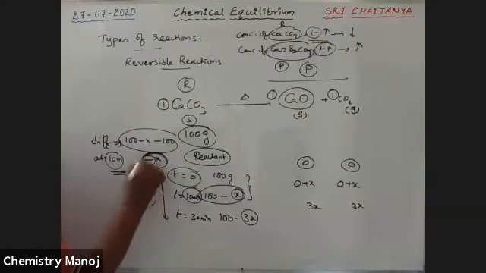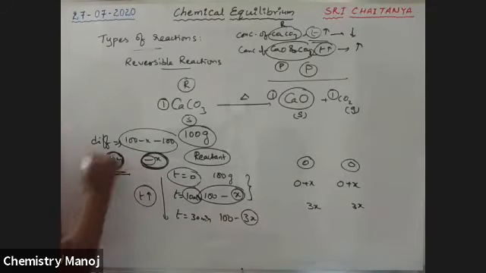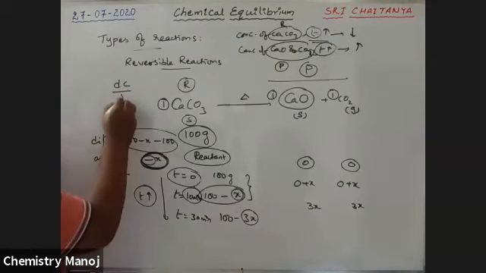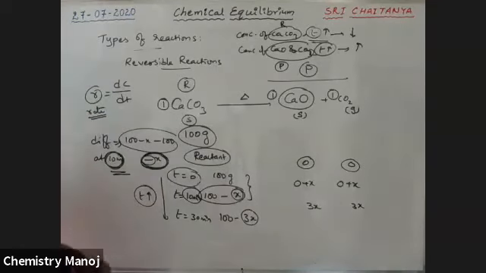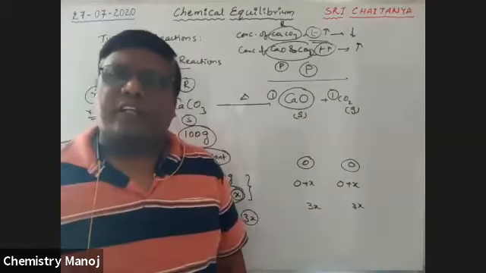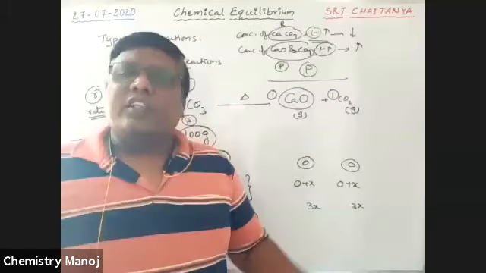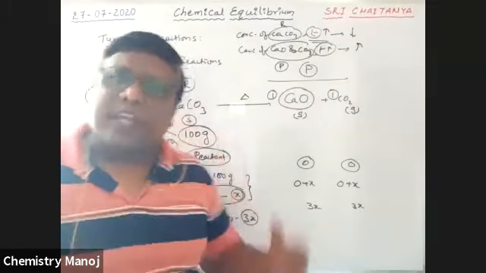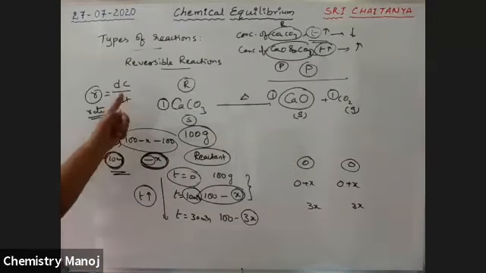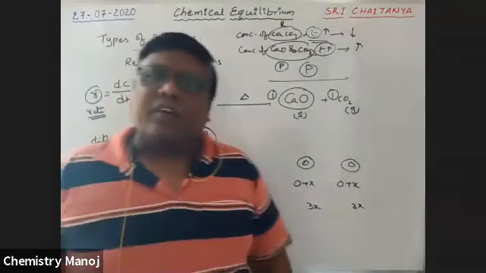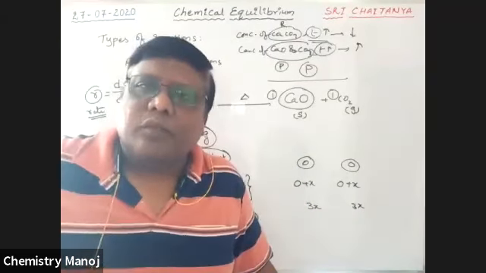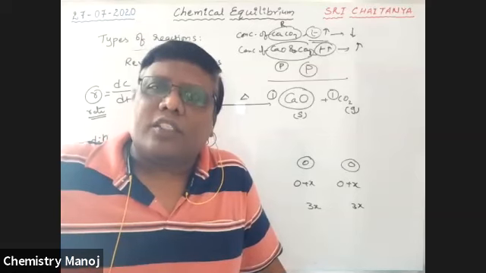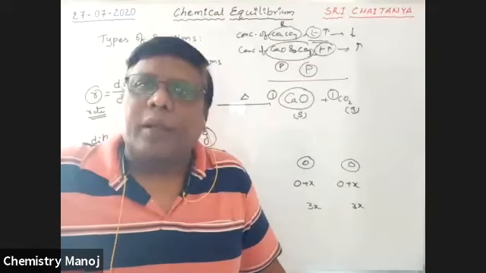So this is the change in concentration, and that is the change in time. The change in concentration by change in time is called the rate of the reaction. So what is rate of reaction? The change in concentration per unit time, where dt is 1 unit, is called the rate of reaction. Did you catch my point? Tell me, boys, what is rate of reaction? The change in concentration of reactant or products, whatever it may be, per unit time